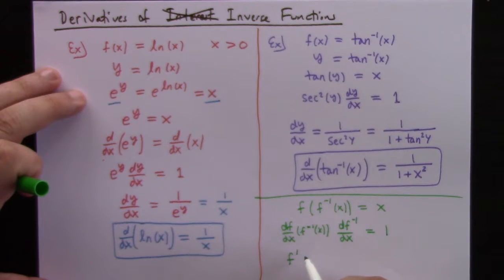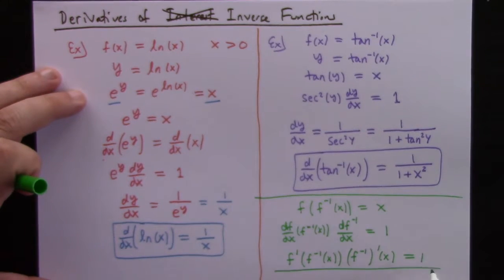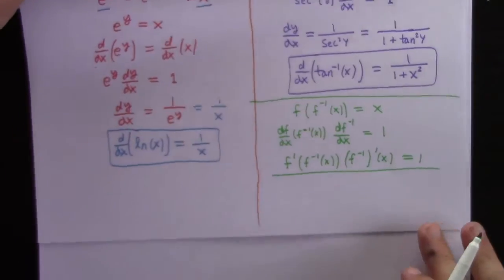F prime of f inverse of x, all right, this is kind of getting a little bit hairy here, times f inverse prime of x is equal to 1. Well, this is a fascinating equation because what this says is that if the function is increasing at the f inverse of x, then the inverse function must also be increasing at x. So like if you pair x with f inverse of x, or if you differentiate the other thing, which would be like f